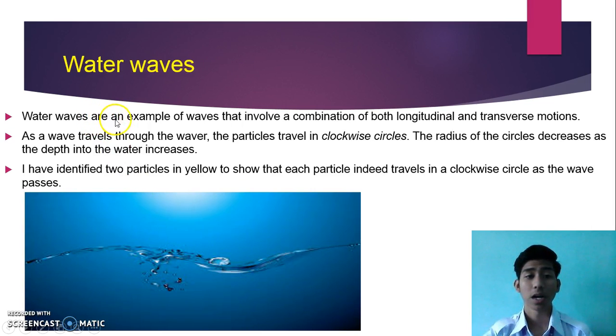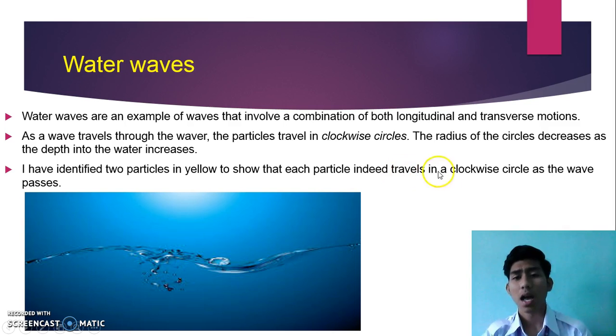Water waves are an example of waves that involve a combination of both longitudinal and transverse motion. As a wave travels through water, the particles move in clockwise circles. The radius of the circle decreases as the depth into the water increases. I have identified two particles in yellow to show that each particle travels clockwise as the wave